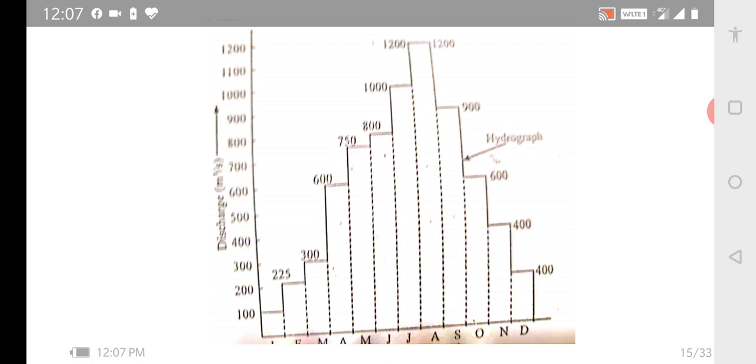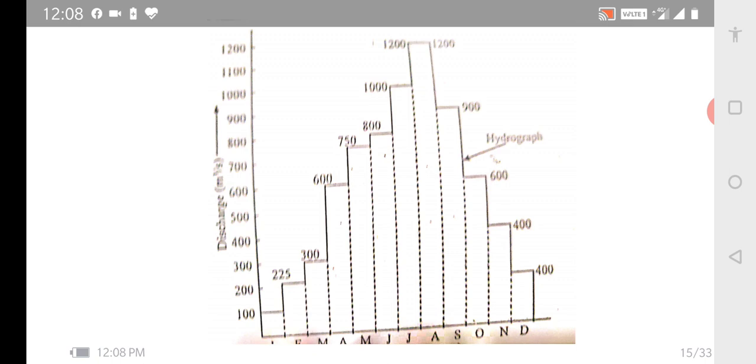Then there is a recession limb to the right after August. The recession limb extends from the point of inflection. So in the month of August, you see the 1200, that is highest, and then it is at a point of inflection. It changes, so that instead of an increasing trend, it is now a decreasing trend. It represents the withdrawal of water from the storage built up in the basin during the earlier phases of the hydrograph. So initially the water was stored, and then it is being discharged to produce power or even for irrigation.